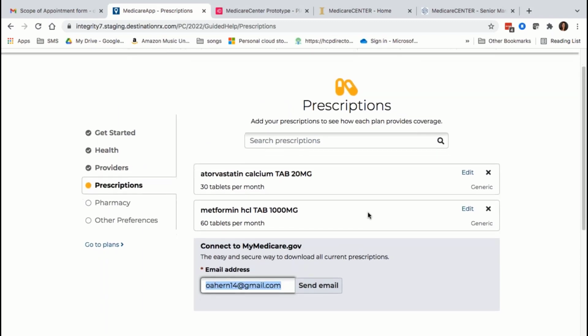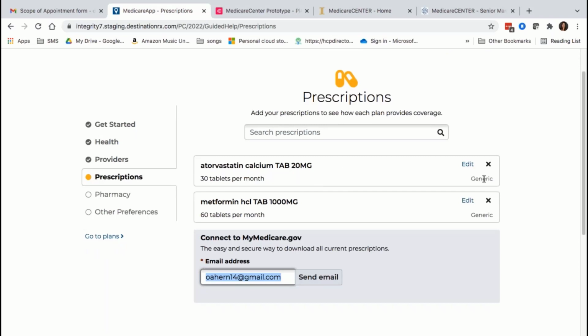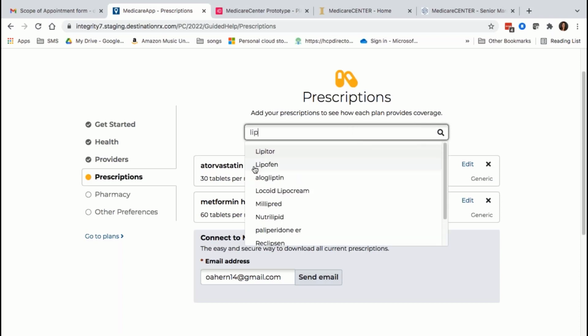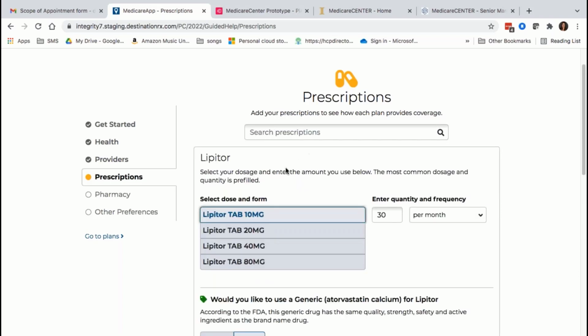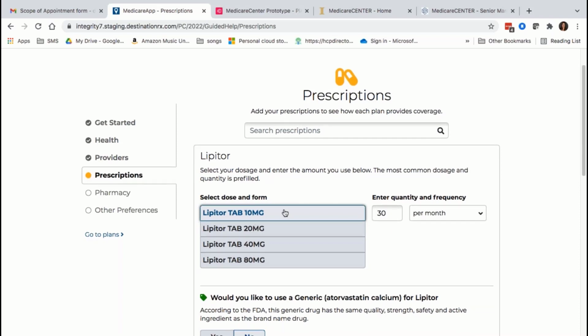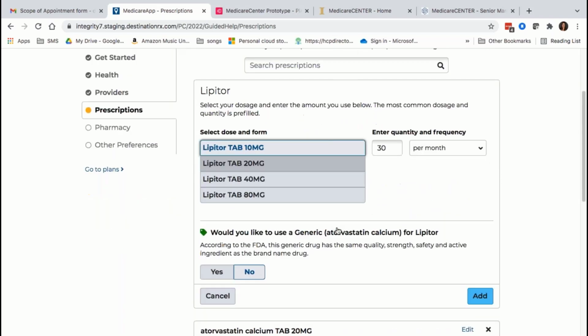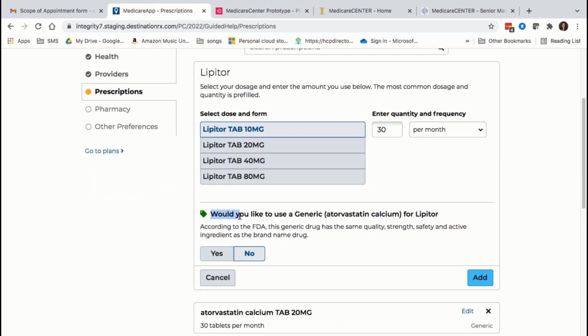Just a nice little added benefit. This system will also let you know if there is a generic available for that prescription. So for example, if a client takes Lipitor, they'll put that in here, type in the name. Of course, it'll default to what's most commonly prescribed. Of course, you can edit that. And if there's a default available, it'll let you know and ask if you would like to use the default